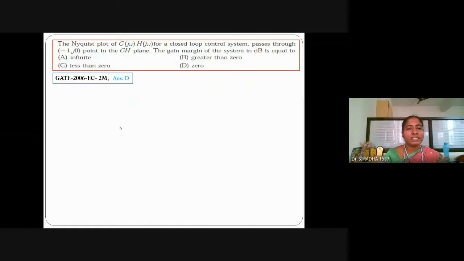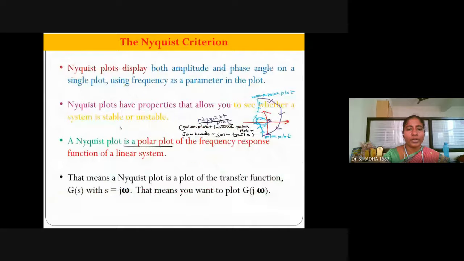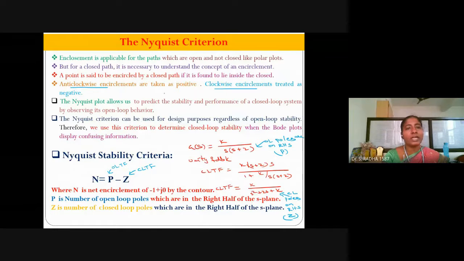Now there are some more points. This is what we are discussing over here. I have moved to the slide by looking at one point. What we mean by encircled, and whether the encirclement is clockwise or anti-clockwise, all this plays an important role in the Nyquist criteria. We can determine the closed loop stability with the help of G of S.